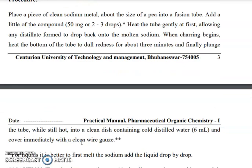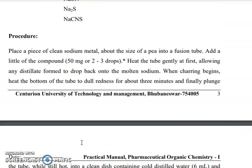So what is the procedure? Place a piece of clean sodium metal about the size of a pea into a fusion tube. Add a little of the compound, 50 milligrams or 2 to 3 drops. Heat the tube gently at first, allowing any distillate formed to drop back onto the molten sodium. When charring begins, heat the bottom of the tube to red heat for about 3 minutes and finally